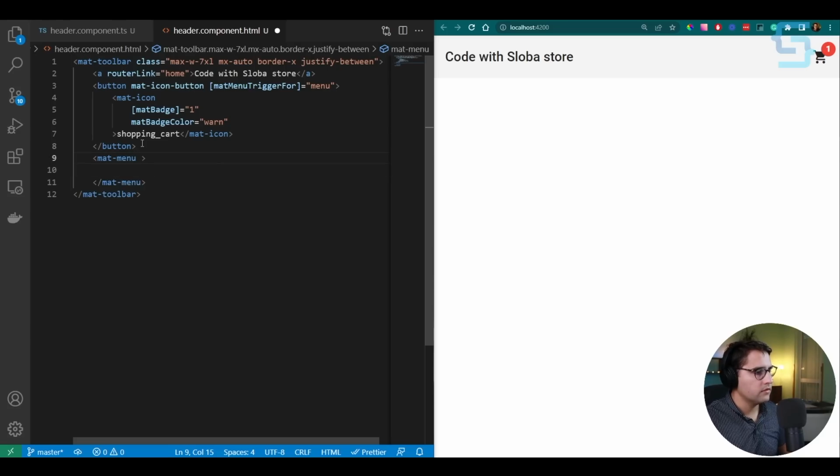And for the selector, we are using the menu here. These two need to be the same, right? So this is how you target the menu, and add the value as mat menu. Okay. Now inside of the menu, let's add a div,